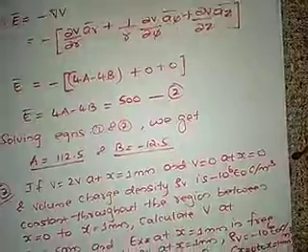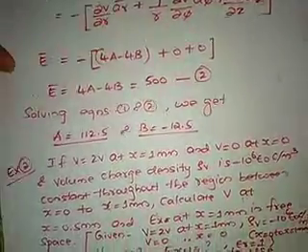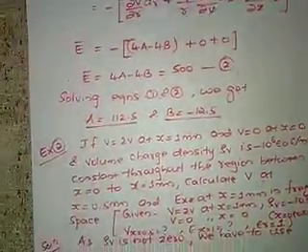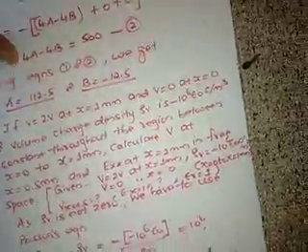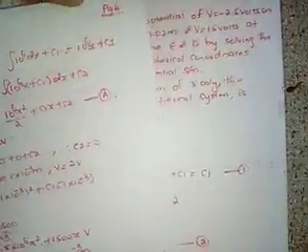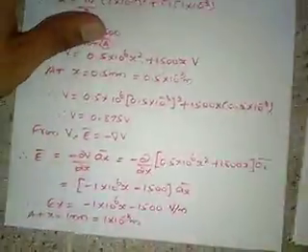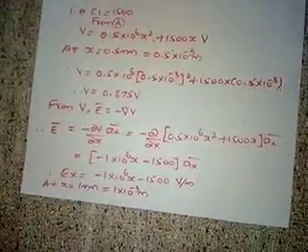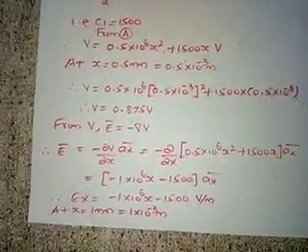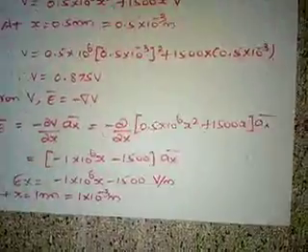So how to calculate the values of V and E? First use the Poisson's equation or Laplace equation. Then integrate and find out the values of the constants. Once you have found the constants, you will get the equation for V. Find out V at the given boundary condition, then find out E using the equation E is equal to minus del V and substituting the boundary condition. So these are the steps for finding out the values of V and E.